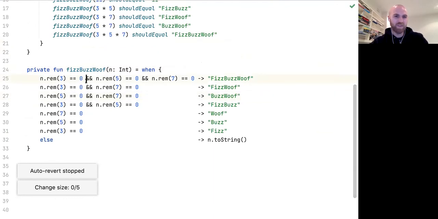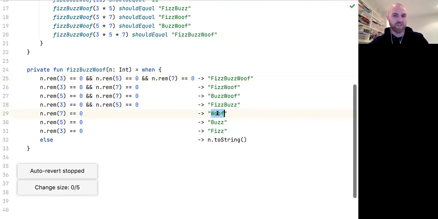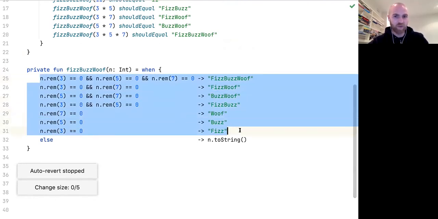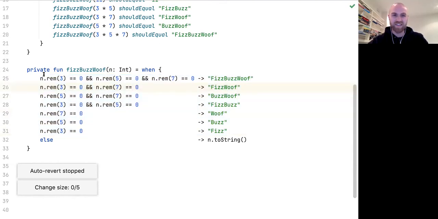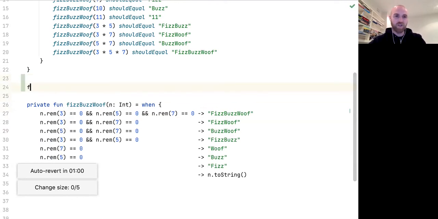This is a bit better, but it's still kind of a combinatorial explosion. If we added one more bird, like quicks, we'd have to copy all these lines again pretty much. So that's not ideal. And another technique, which I was drawn to using auto-revert on real code, was this: